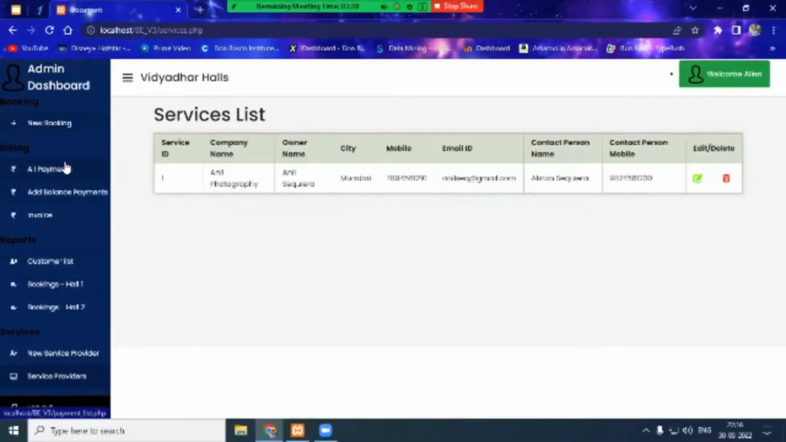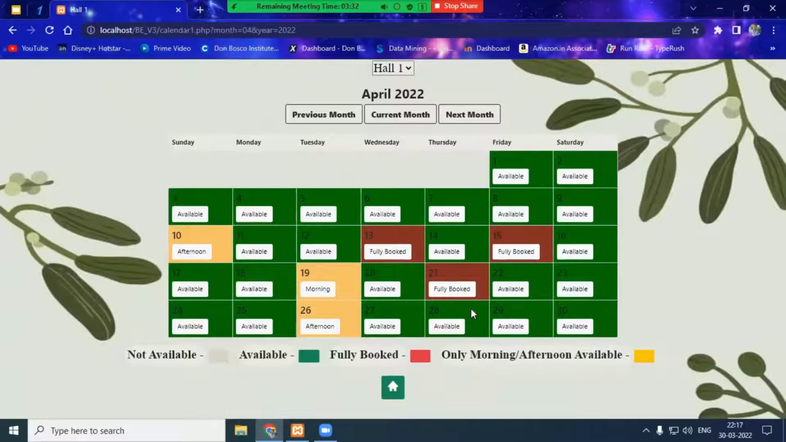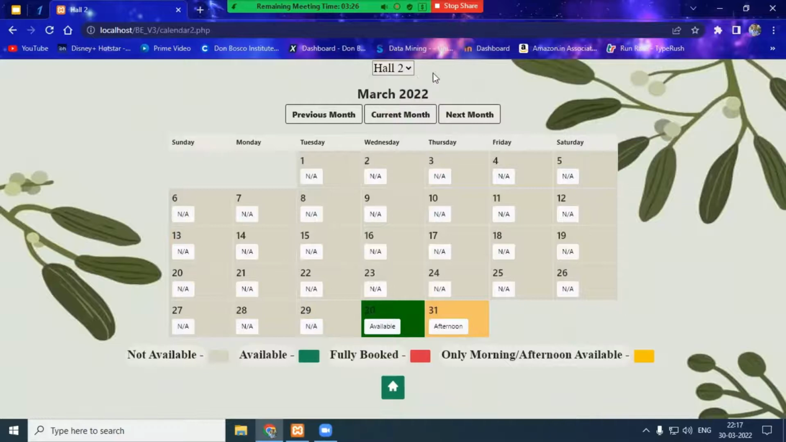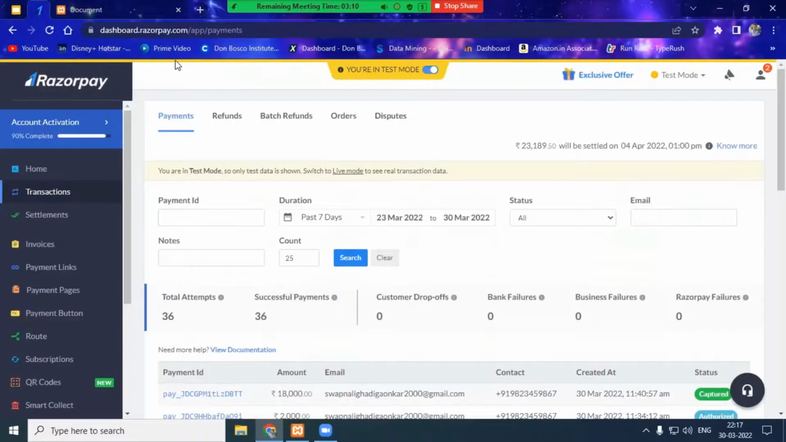And in case any offline booking comes, he can go to the new booking and he can himself create a booking in front of the customer, the same way the customer can create an order. You can do it for both the halls, hall 1 and hall 2. So that's all about the admin page. Now Apnali will explain about the Razorpay dashboard that can be used by the admin himself to track the